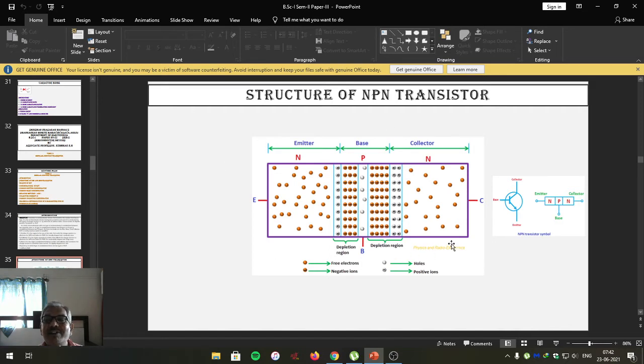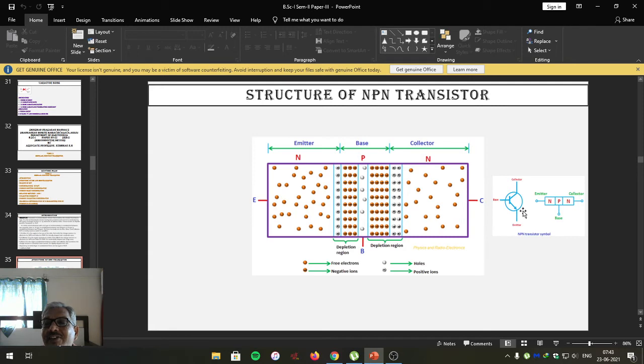The symbol of the NPN transistor is represented here. So this is the NPN transistor, it is the same as that. This one is the base, emitter and collector. So this is actually the symbol of the NPN transistor. It has 3 terminals, namely this one is called the emitter, this is the collector, whereas this one is the base. On the emitter terminal there will be an arrow. If the transistor is NPN, the arrow is outward, that is away from the base towards the emitter.